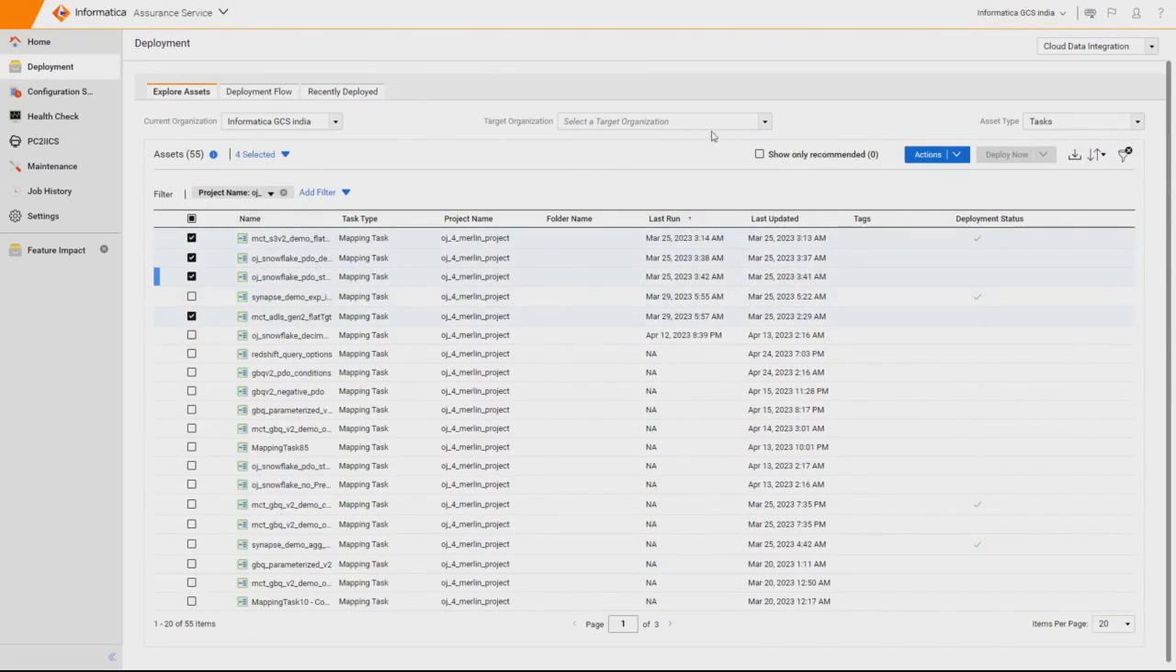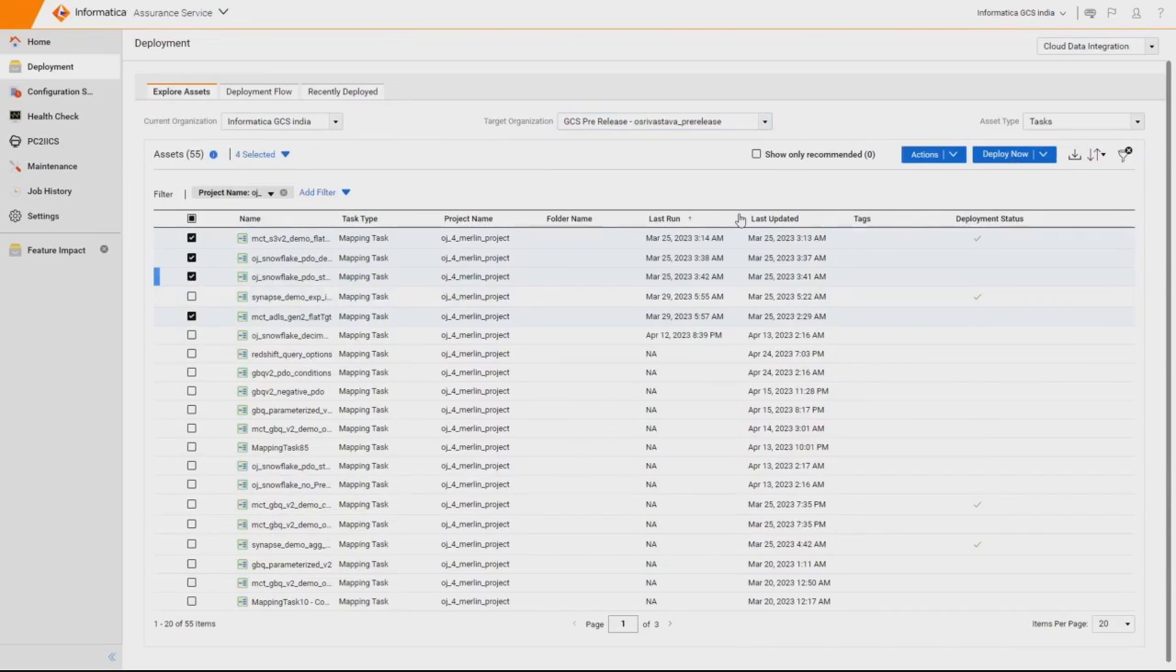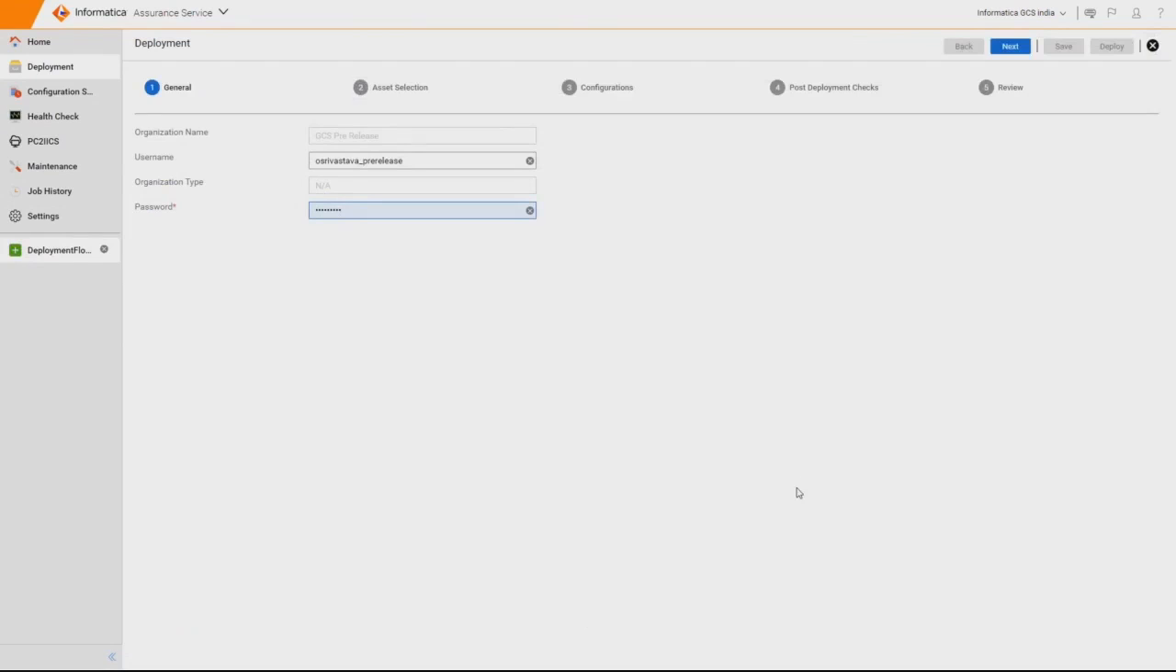Let's say I selected these few tasks. I selected my pre-release org and clicked on this deploy button here. We come to the screen where we start the target login. So we give a username and password credentials. This can be any username of this target org which has the import privileges so as to perform the deployment